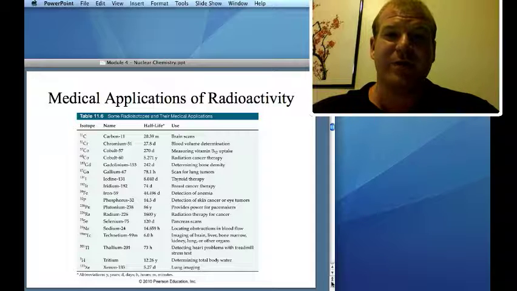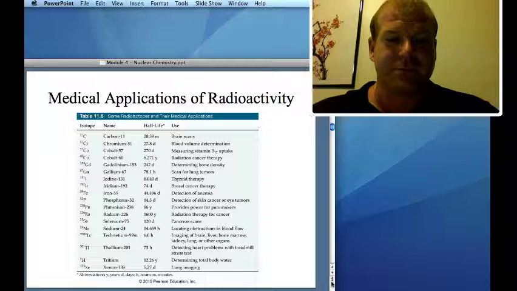If someone's having trouble uptaking vitamin B12, you can use cobalt. And also cobalt for radiation, cancer, gallium for bone density. You can also use technetium-99 for that as well. Use gallium-67 for lungs, iodine-131 for imaging and treatment of thyroids, iridium-192 for breast cancer, iron-59, this is to see how anemic someone is,